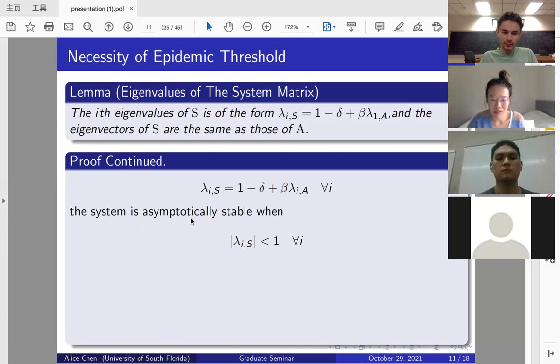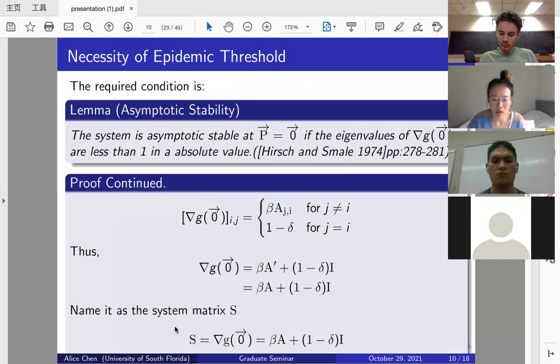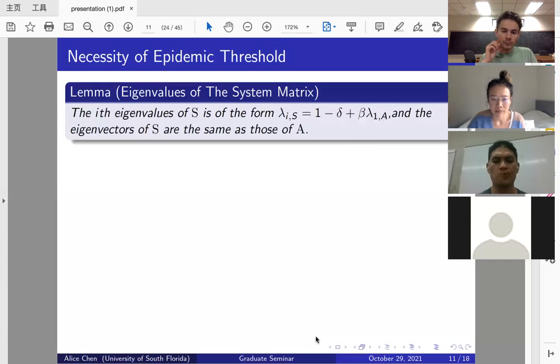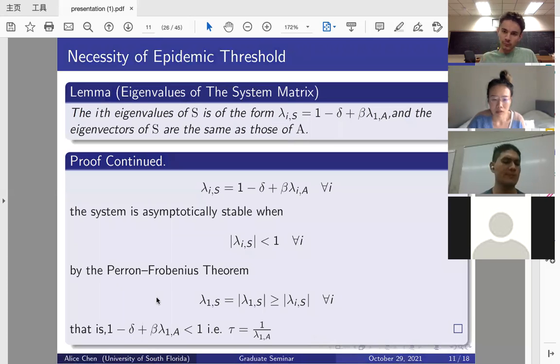And the system is simple, asymptotically stable when the absolute values of that are less than 1 for all i. Remember that the matrix A here is real symmetric, and the same goes for S, because this is how we define S. So we have the conclusion that the largest eigenvalue is positive. The largest eigenvalue of S is real positive and also has the largest magnitude among all the eigenvalues